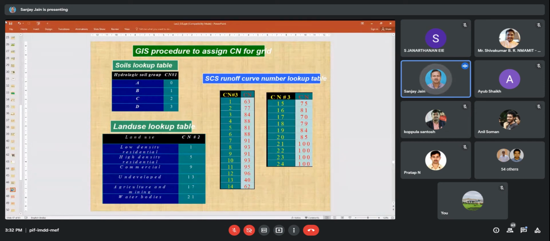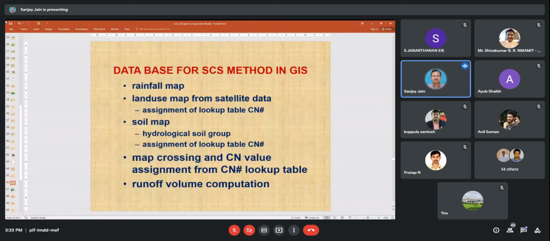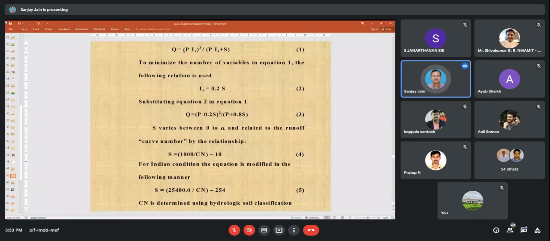So that is the advantage of GIS. I know all the layers. I want to create a curve number map, so I can do that by crossing these three pieces of information which I have generated in GIS. And then putting in the curve number, I can produce the S map, and then using that S map and the P map, P being the precipitation map, I can compute the runoff.